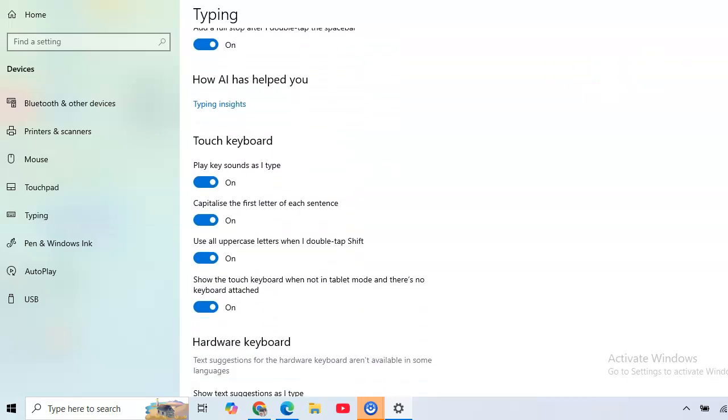And now when you scroll down, you see here touch keyboard. And the last option, show the touch keyboard when not in tablet mode and there is no keyboard attached, it's on. Just click on it to turn it off. Yeah, this is what you need to do if you want to stop showing touch keyboard on Windows 10 and